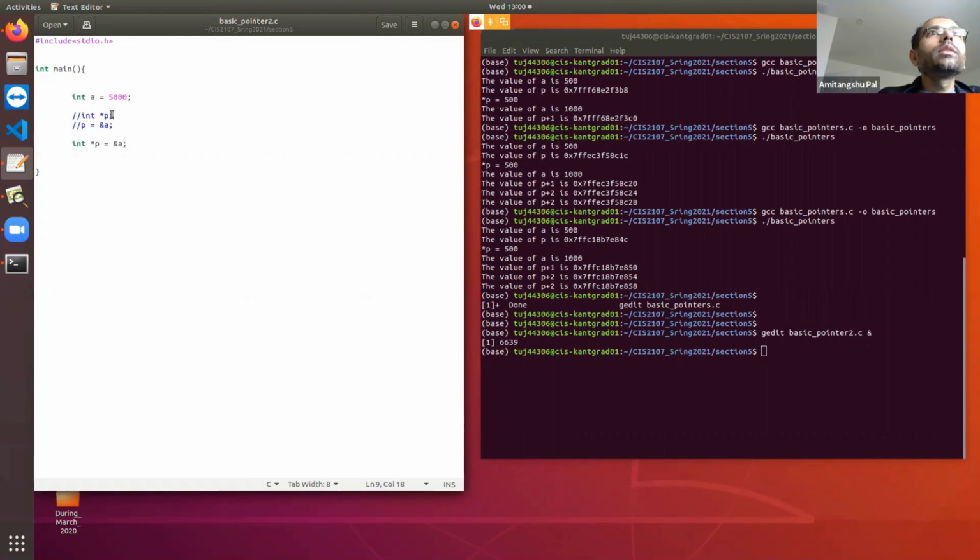This is a declaration statement. It is declaring that p is an integer pointer, and then assigning the address of a to p. Here also it is doing the same thing. It is first declaring that p is an integer pointer, and then assigning the address of a to p. It is exactly similar to this kind of statement. I can also break this into two lines, int a and then a equal to 5,000. Here I am writing in a single line. Assignment and initialization is happening in the same line. Clear?